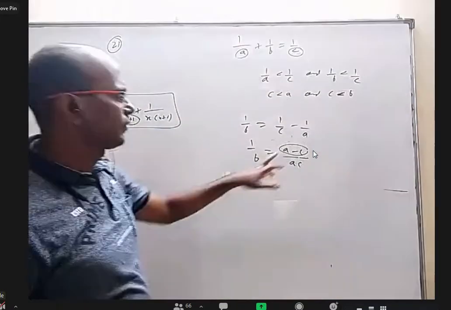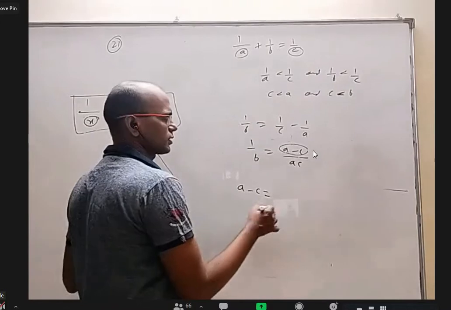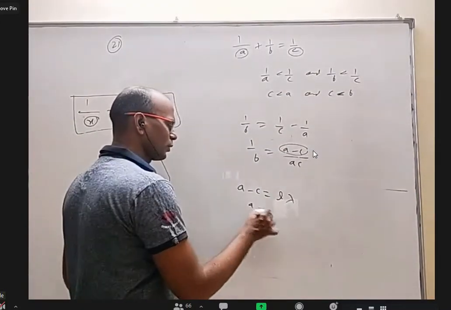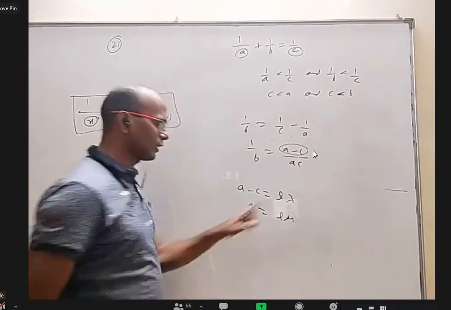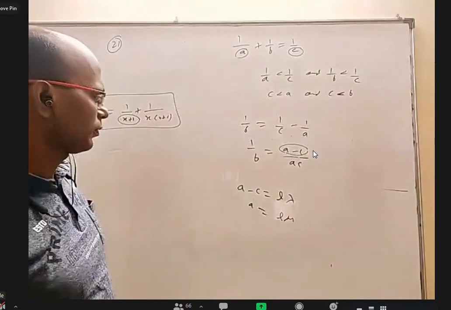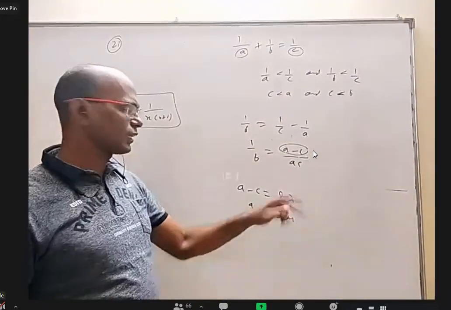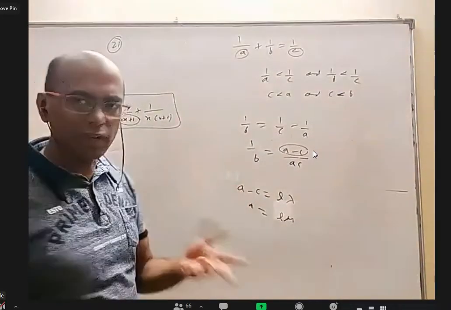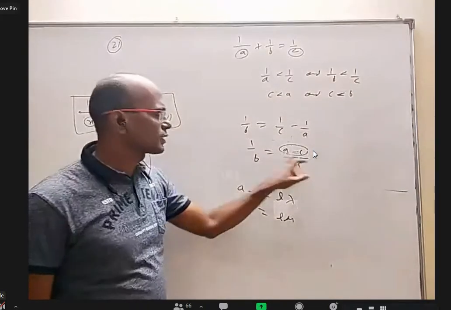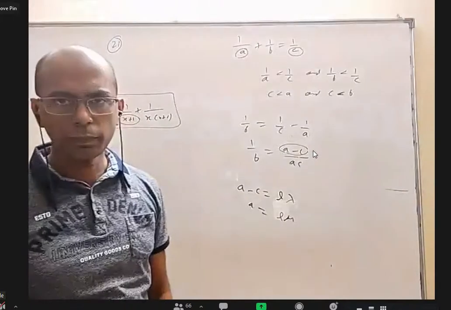Because if A minus C and A have some common factor, means what? I can write A minus C is equal to some L lambda, let us say the common factor is L. I should be able to write A as L mu. L is the common divisor of this. Then A and C themselves have a common factor. Why? If you subtract these two, what happens? C will come as L into lambda minus mu. That means A and C have L as a common factor. Am I correct or no? Okay. So A minus C or its part should never divide A. Similarly, should never divide C also.